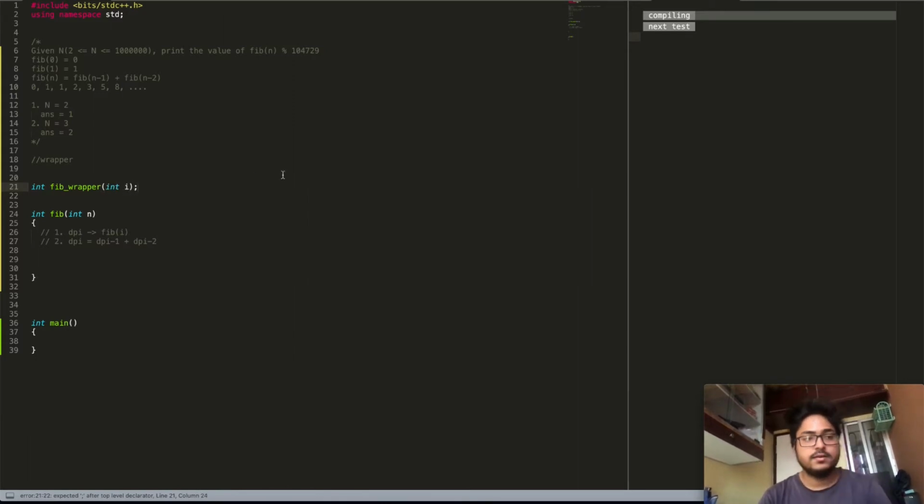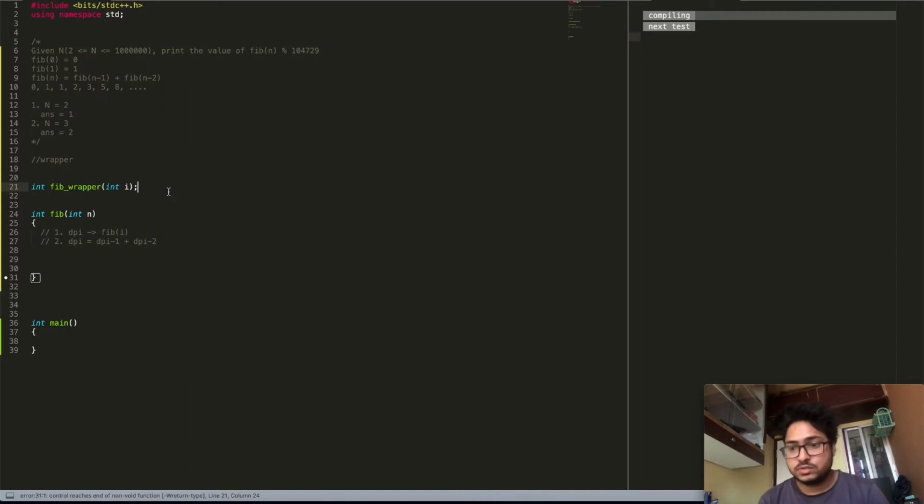All right. So basically, the job of the wrapper function is to act like a wrapper to the states of the dp. For example, if you call Fibonacci wrapper 7, it should return you the value of dp of 7. No questions asked, it will just return you the value of dp of 7. So that's what its job is. Whenever you pass in a particular state, its job is to return you the value of that particular state.